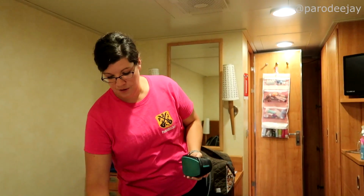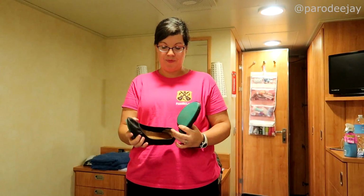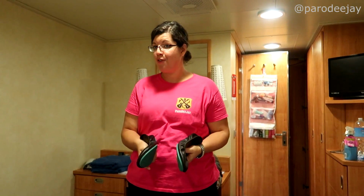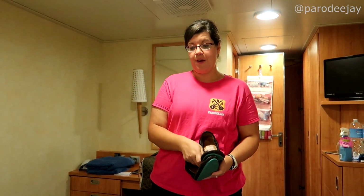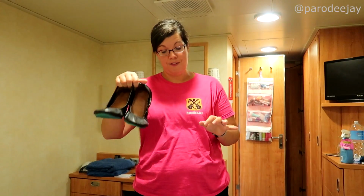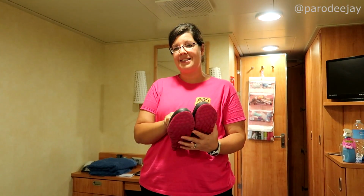That's right. For flats, I have my lovely teaks that are so comfortable, and these can be worn formal too. I do not do heels. I'm 6 foot. I don't need them. So some nice patent leather, actual leather, I think. Flat shoes. We're doing some excursions this time that I think are going to be wet, but you're also